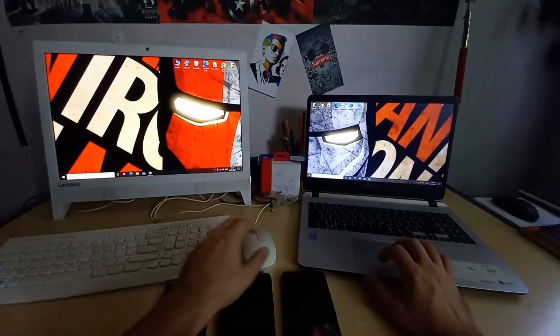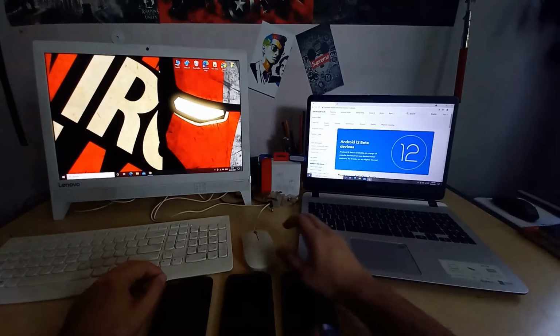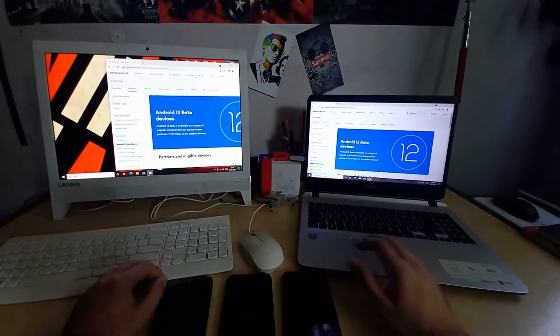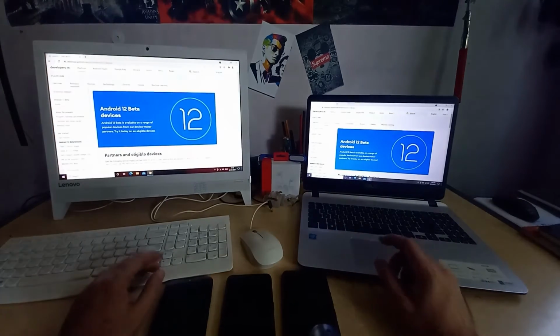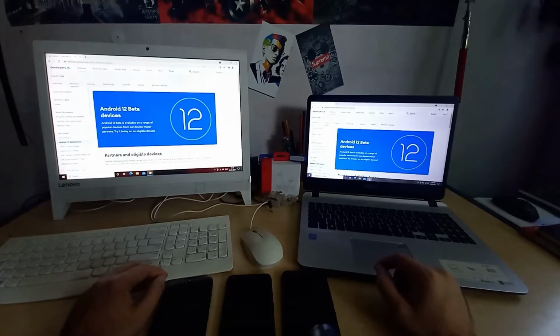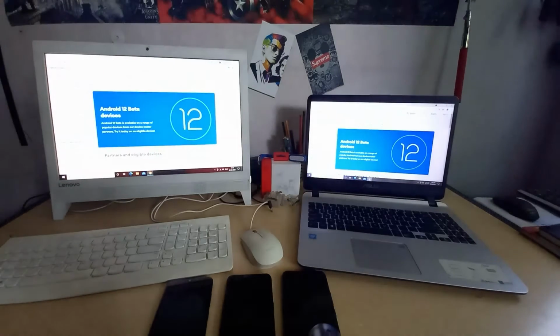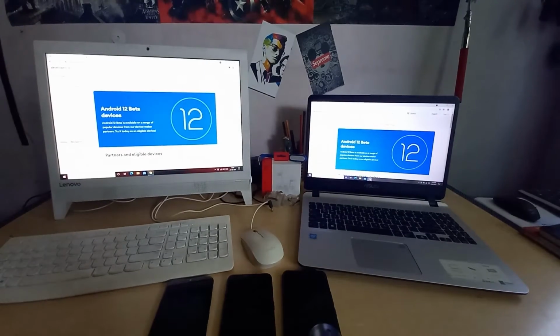As we all know, Android 12 is officially announced by the Android developers. I am showing you on my computer screen the website from where you can download the Android 12 beta version for your devices. So without wasting any time, let me take you to the website.